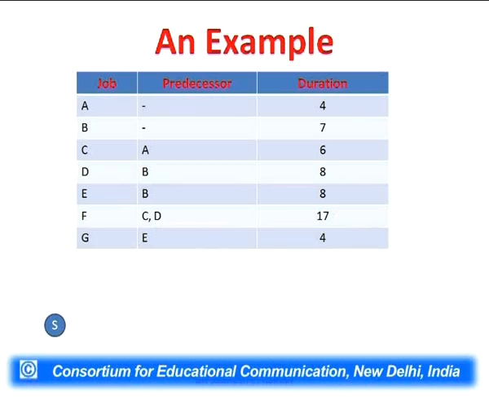S stands for start. And from this particular node, since A and B do not have any preceding activity, two activities can be started from this particular point. The first activity and the next activity, A, and then B can also be started from this start node. And 4 and 7 are nothing but the duration of these activities. A has a duration of 4 days and B has a duration of 7 days. So 4 and 7 are written. Two activities starting from the start point. These are shown like this.